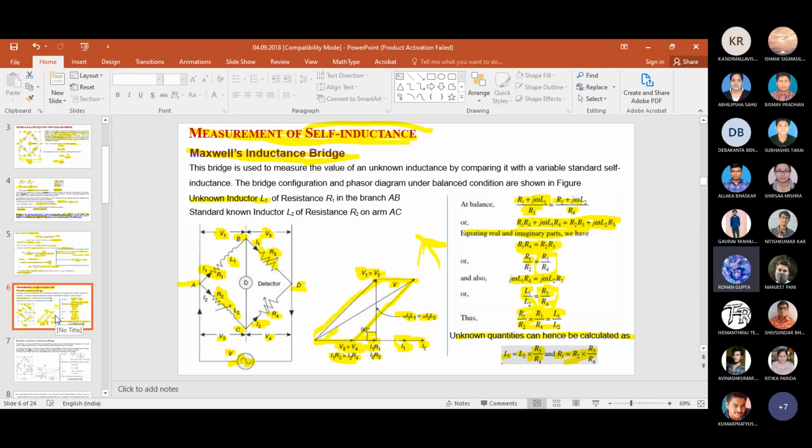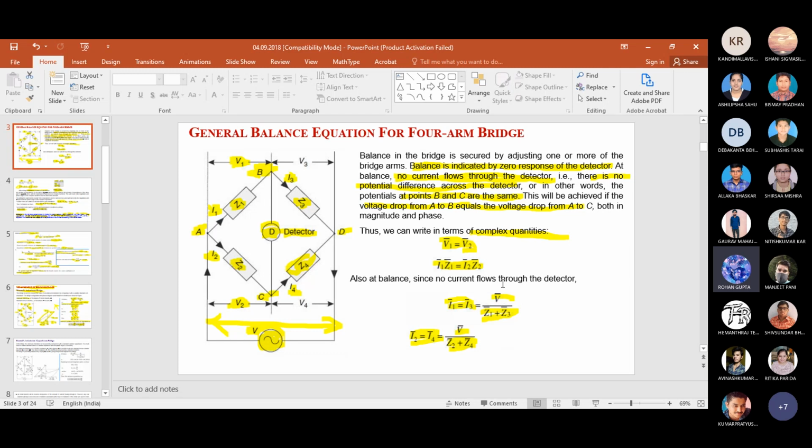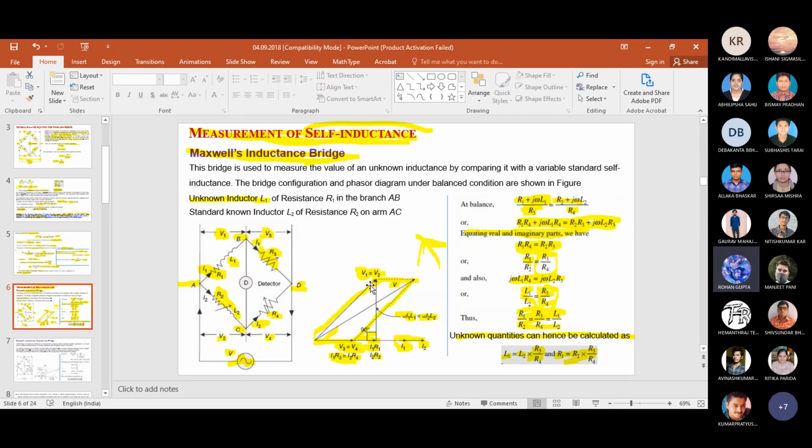So that V1 equal to V2 part which you are telling, can you explain again? Here how can V1 equal V2? Can you see this slide? V1 equal to V2. Why V1 equal to V2? That is the equipotential point. B and C are the equipotential points. That means balance conditions. So for the balance condition, the potential across AB equals the potential across AC. So that's why V1 equals V2. So definitely the V2 component will also be similar, superimposing on your V1 components. Are you getting my point?